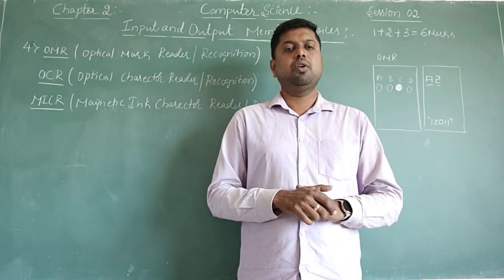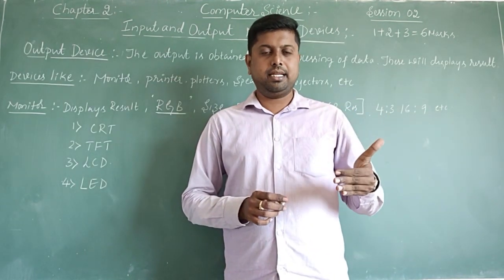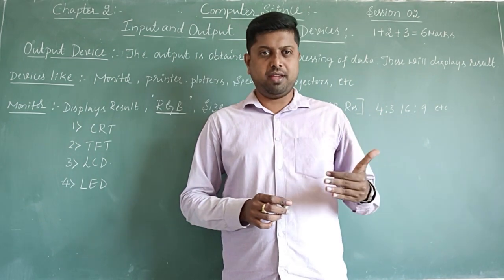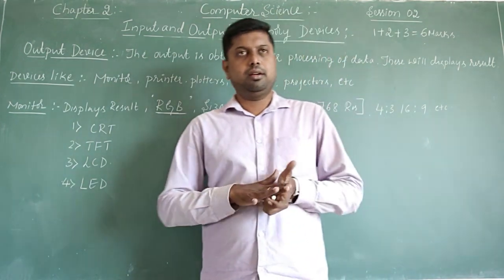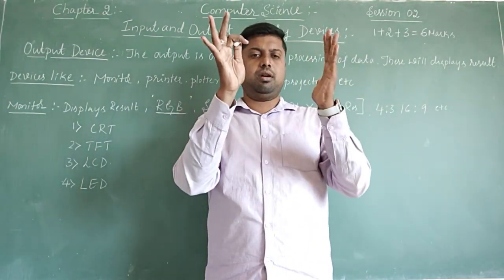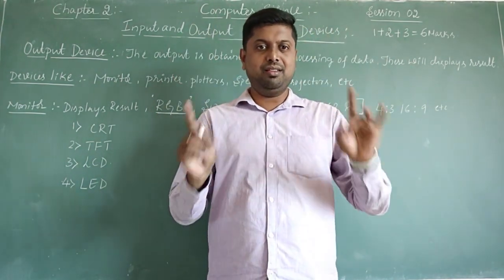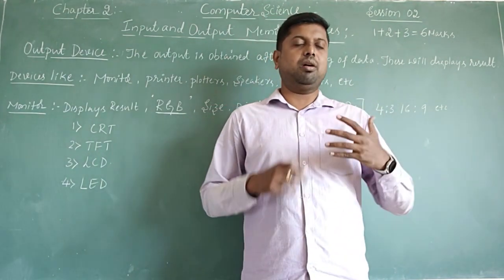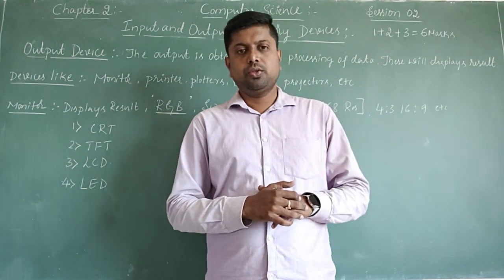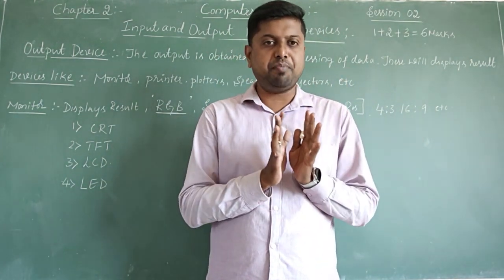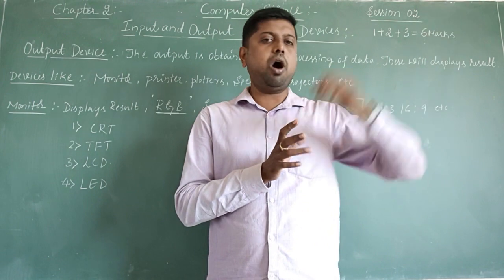After this, we are going to discuss one more category of devices, that is output devices. What is its definition, what are the devices, and its specification. The second category is output devices. The first output device is the monitor. Especially, dear students, when we think of a computer, the first device that comes to mind is the monitor, because it looks like a TV, a big hardware device. So for a computer, usually the monitor comes to our mind. Yes, it is one type of output device. With the help of this output device, results are displayed.